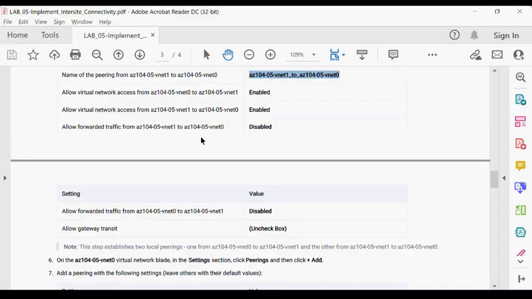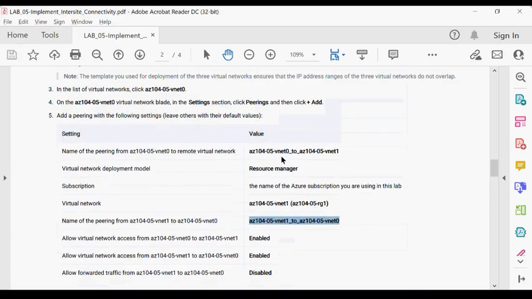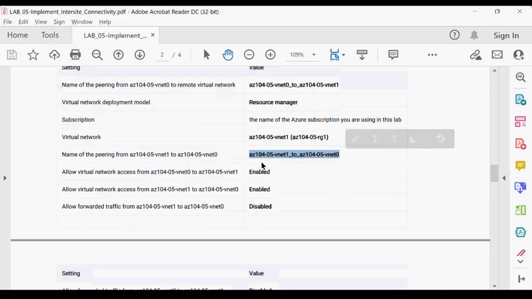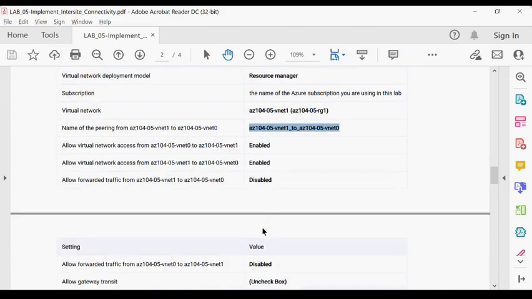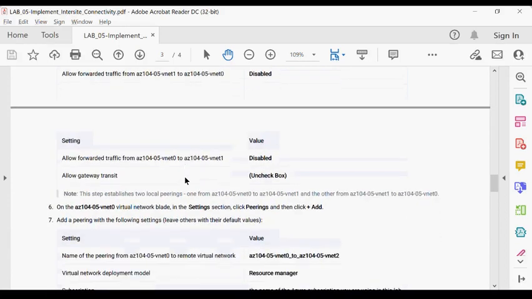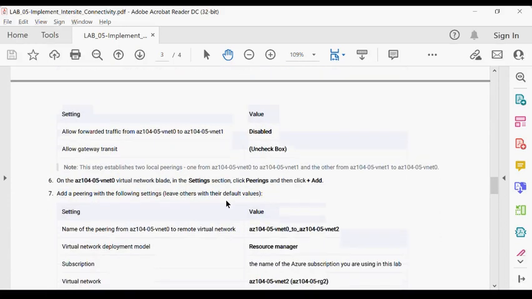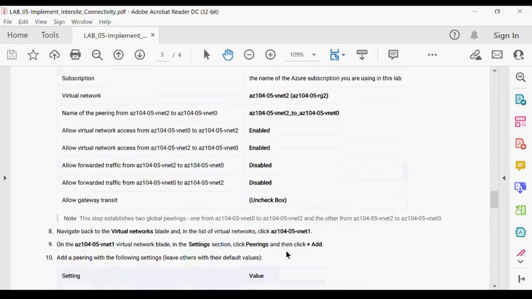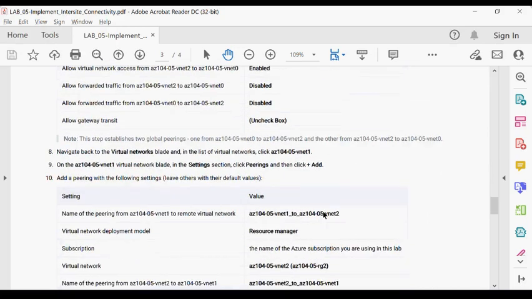Meantime, let me go over the lab here. The same steps will apply between 0 to 1 and 1 to 0, 0 to 2 and 2 to 0. You'll be using these names: the first box you'll use this one, and the last box you'll use this one. You'll follow the same thing, enable or disable for these settings. Everything you need to follow this lab, nothing much. In the same way, you add peering between 0 to 2, and then 1 to 2 you apply.